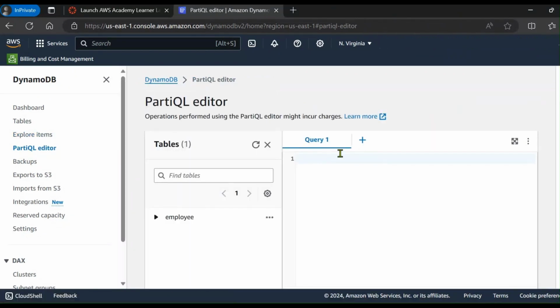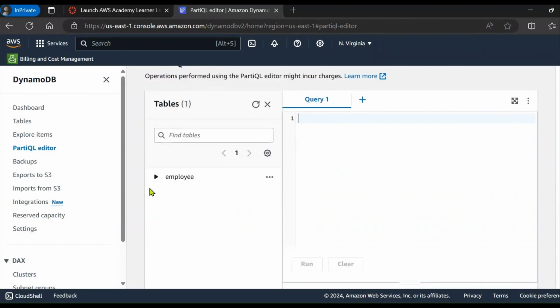So here is the editor where you can write your query, and here is the list of tables. Here I am having only one table as employee, so here is the detail of employee table with e-number as partition key and e-name as a sort key. So let's try to write some query to list the items in the table. Select star from